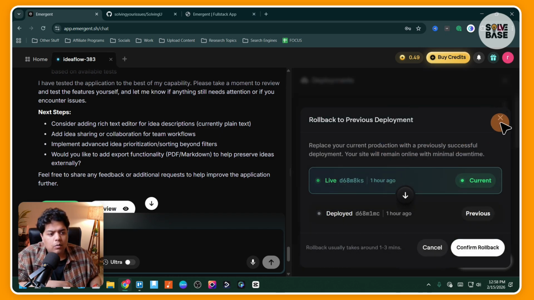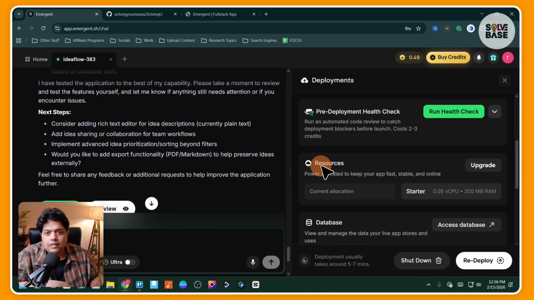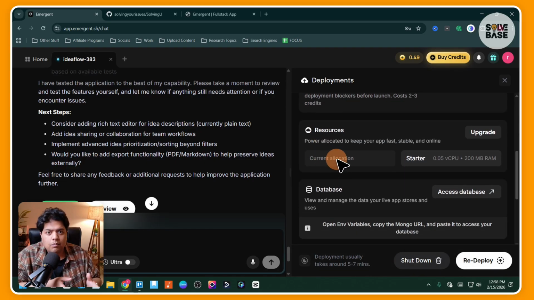Because what they do is they're going to assign you some resources when you deploy. So they do provide you some virtual resources. It's like a VPS, cloud VPS, and you get 0.05 virtual CPU and 200 MB RAM. You can upgrade these